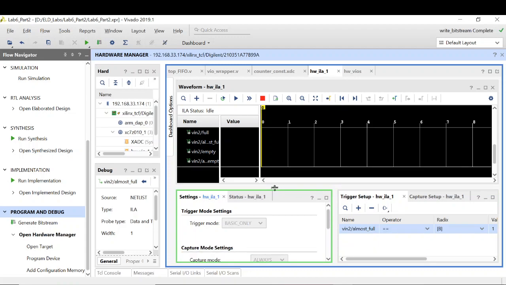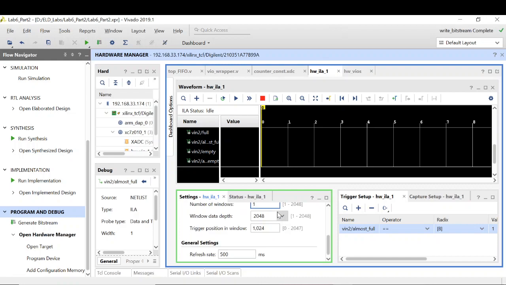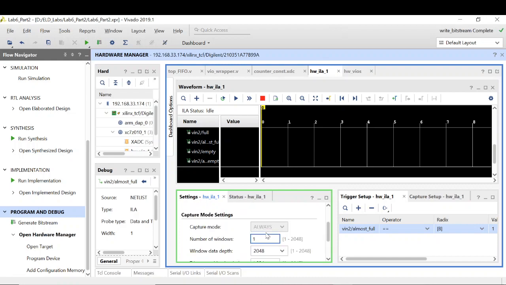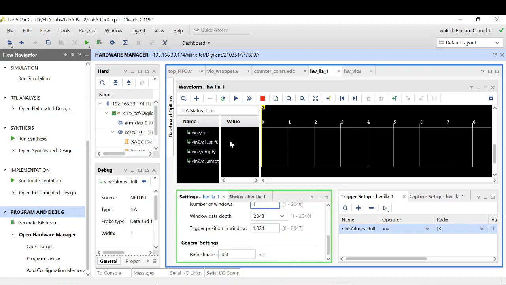So earlier what we were doing, we were adding the trigger and we were simply looking at it for that particular instant of time. So what I can do, I can create multiple windows in it. If you can see, by default there is only one window. So whenever that trigger happens, at that particular time you will get the values of all the things. Now next, I need some values before and after it. So I can create some windows in it, right?